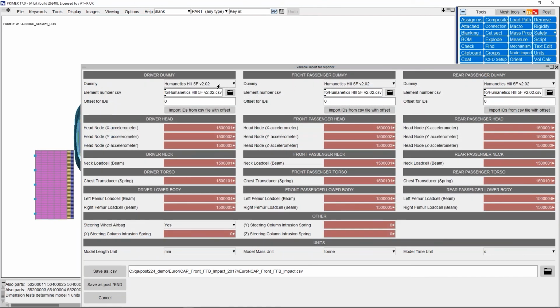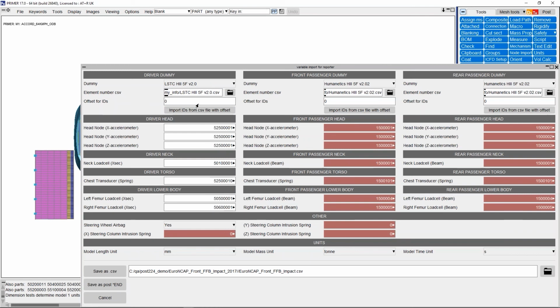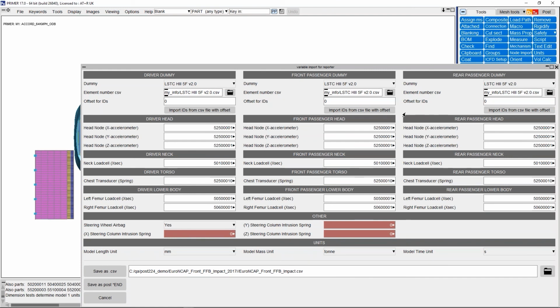My model uses LSTC dummies, so I'm going to pick the LSTC Hybrid 3 5th percentile version 2 dummy, and you'll see that when I do that, it automatically populates all of the inputs with the default dummy IDs, so I don't need to do it myself. I can do the same for the passenger dummies,